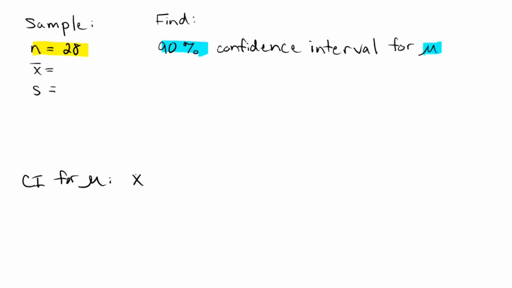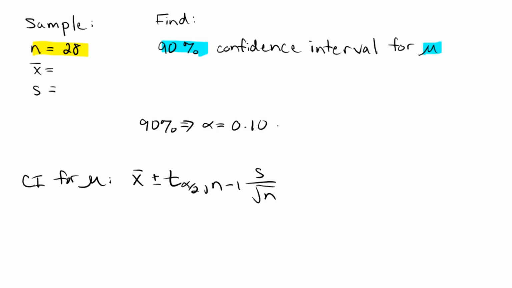It's the sample mean plus or minus a critical value, t sub alpha over 2, with n minus 1 degrees of freedom, times the sample standard deviation, divided by the square root of the sample size. Now, first for the critical value, since we want a 90% confidence interval, this means that alpha is 1 minus 0.9, which is 0.1. And so our critical value is t sub 0.05